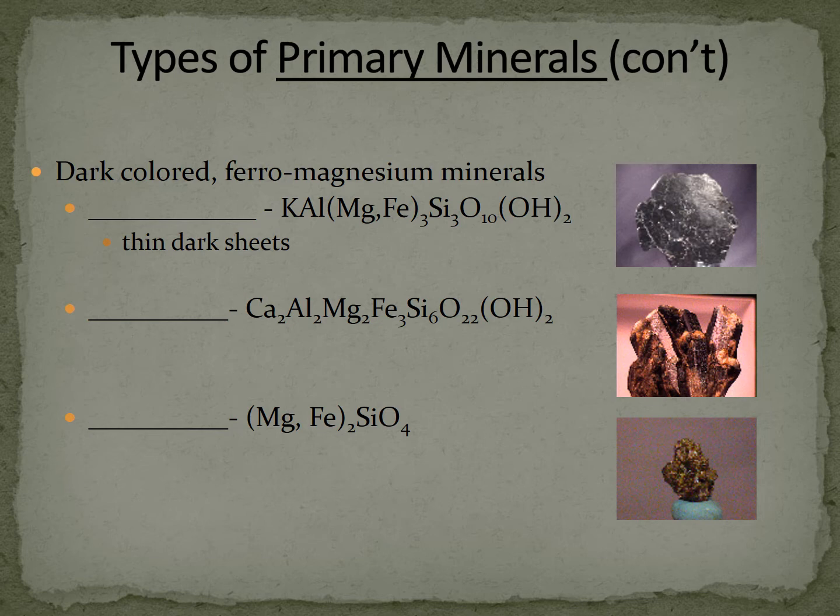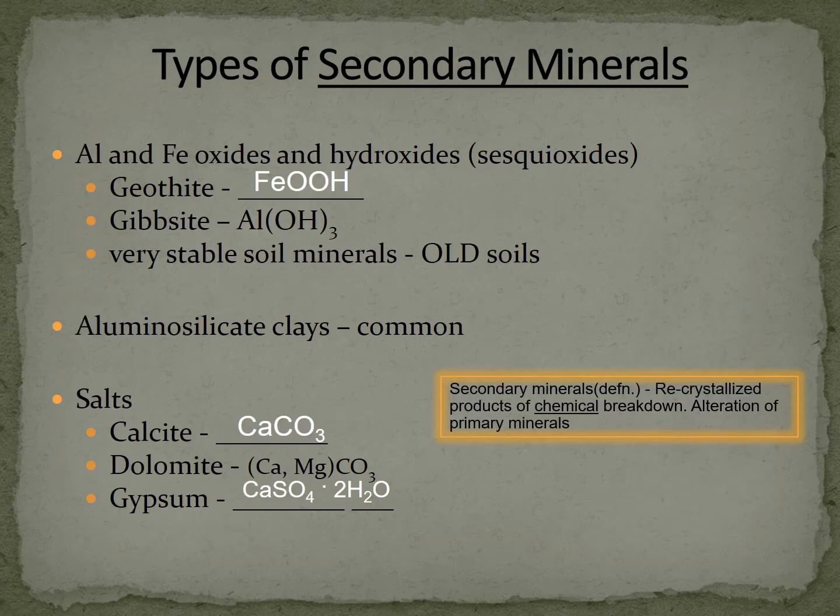All right, primary minerals. Biotite, you'll probably see this in a lot of either fake or real granite countertops. This is usually what that little black speck is. You'll also see hornblende, which is more of a brown color, more of a brown speck that you'll see in countertops. Olivine is a beautiful deep olive green. Must be why they call it olivine.